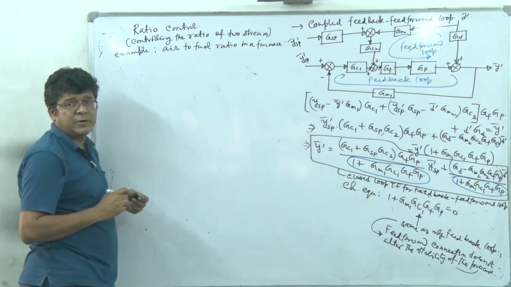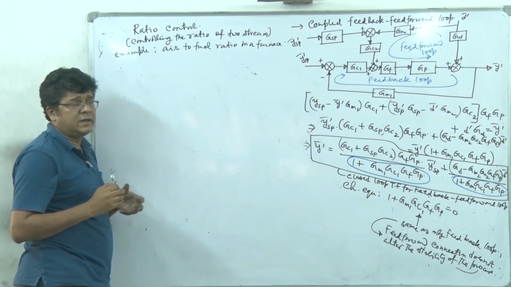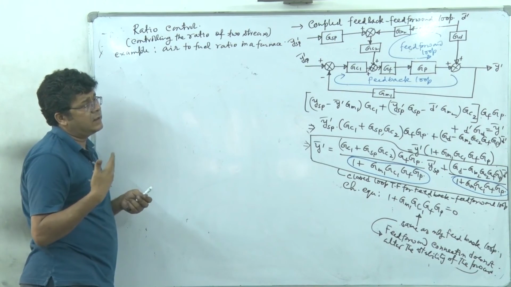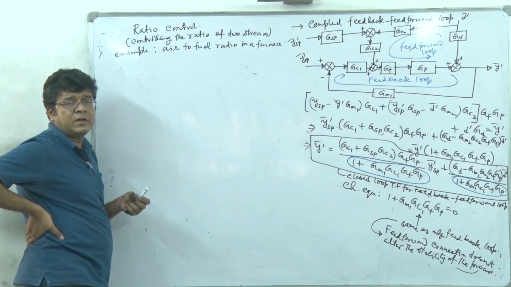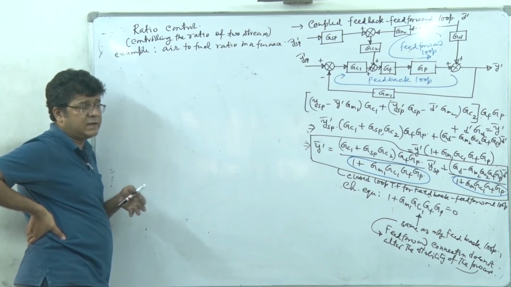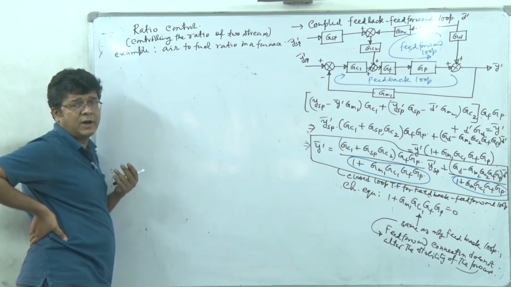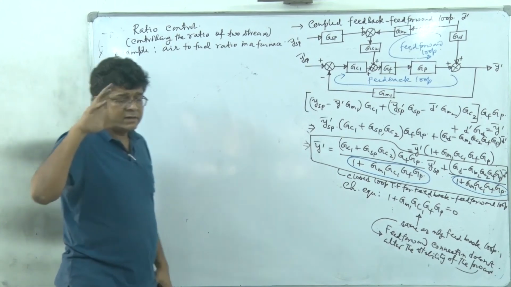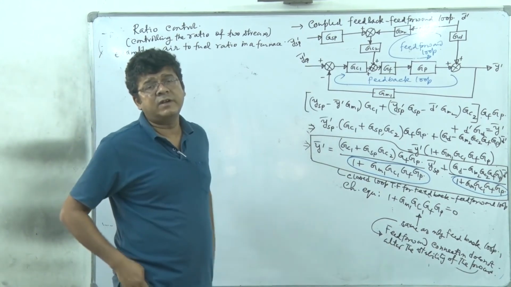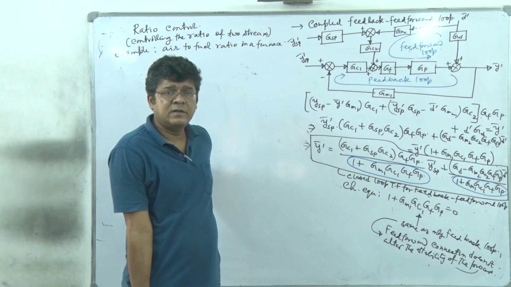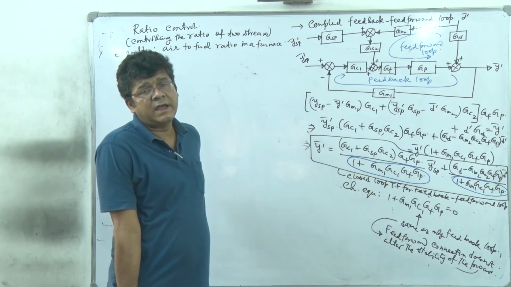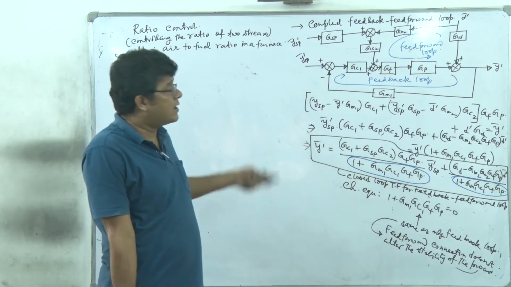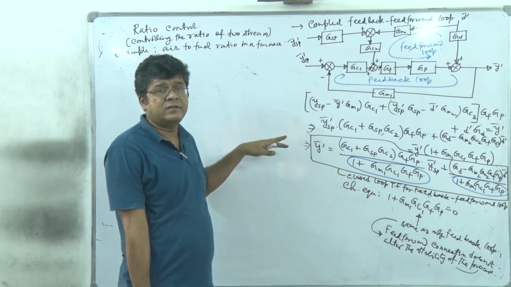This is the most common example of ratio control, seen in a furnace where the fuel burn rate is continuously to be changed, because the feed flow rate to the furnace, the stream we are heating, may change. Accordingly, the temperature demand in the furnace will change. Once the temperature demand changes, it will instruct a higher or lower fuel flow rate, and accordingly the ratio of air is to be changed, right?